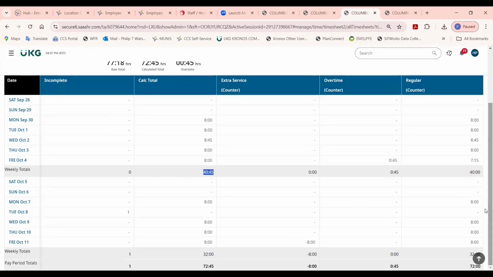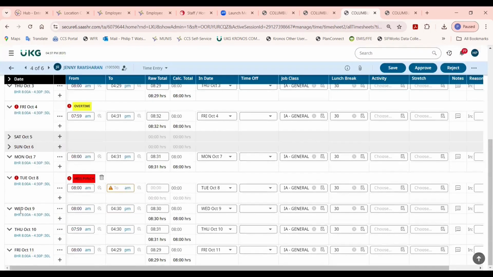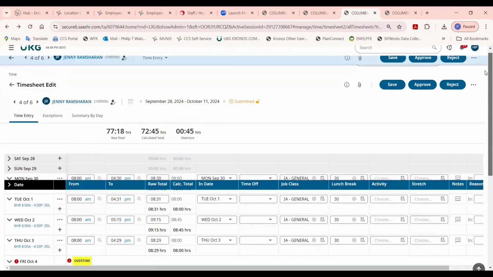But I scroll down and I see that on Tuesday, October 8th, there is no calc total. And so there's only 32 hours for that week. I click that particular day, Tuesday, October 8th, to get a better look at it. And here I see that there's a missed punch exception. Next thing I want to do is check to see if the employee has submitted a missed punch request. So I go back out